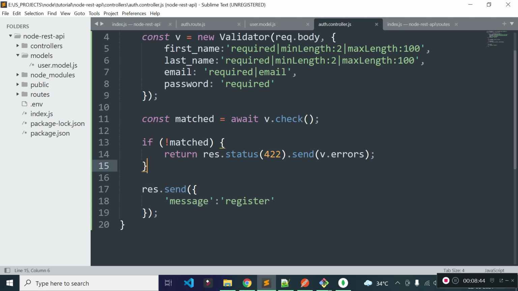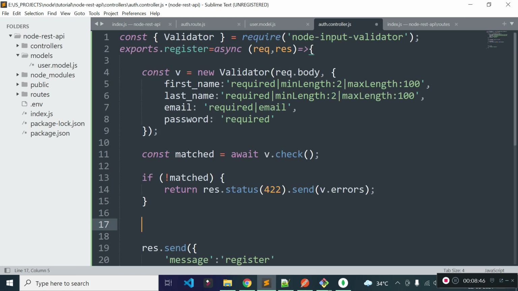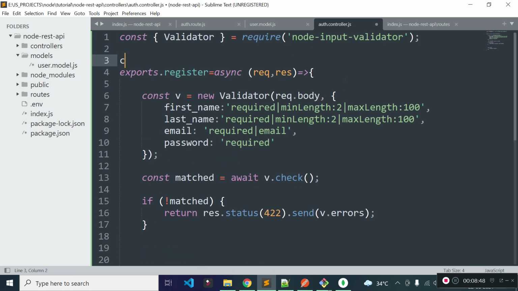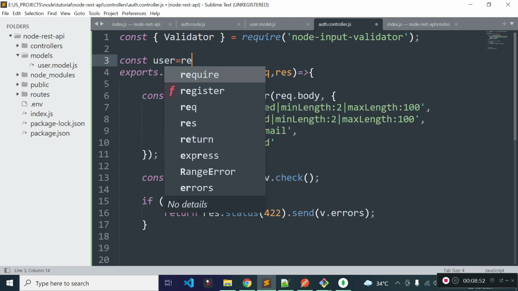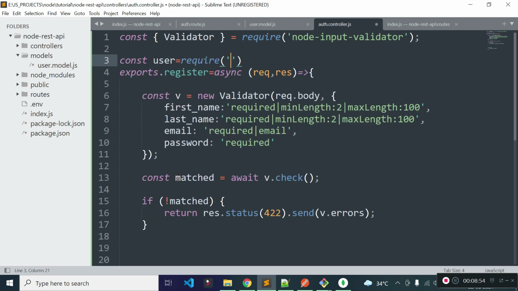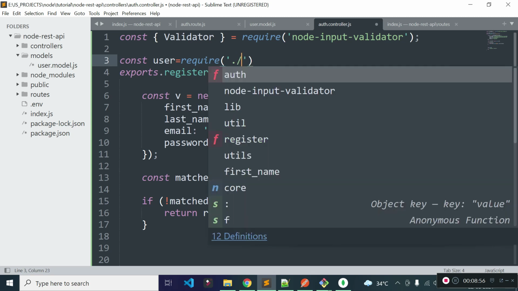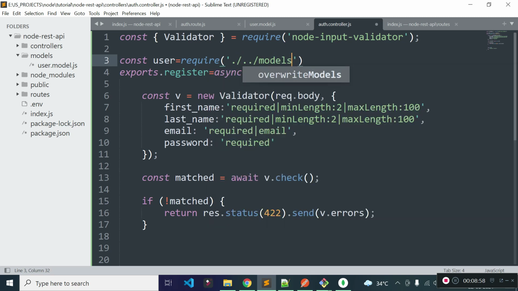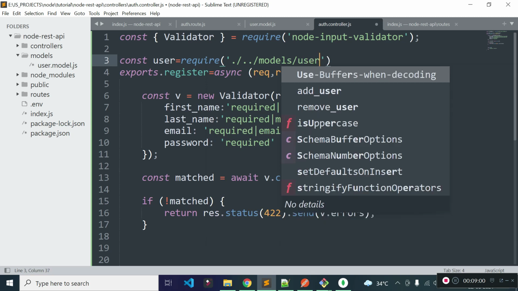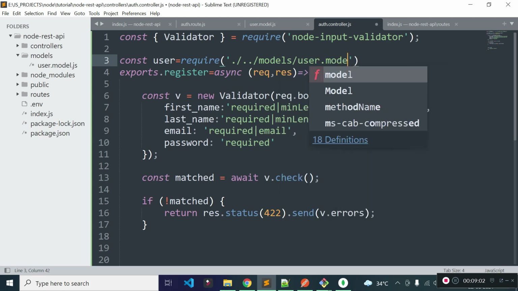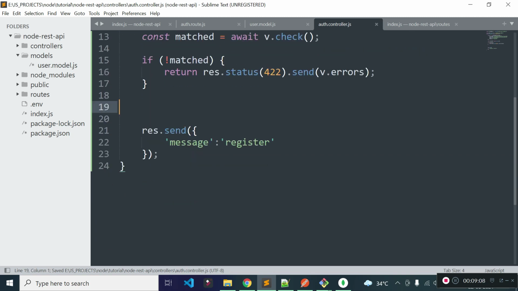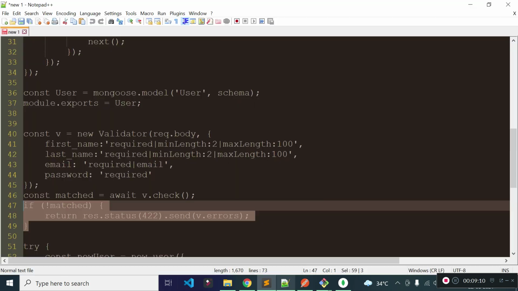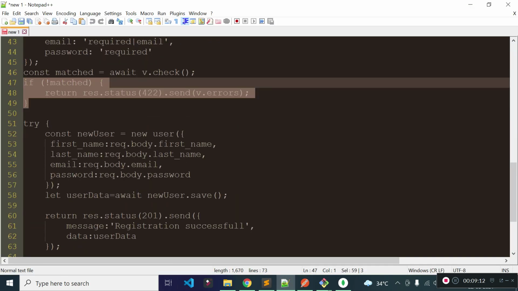So we need to store data to our users collection with the help of user model. First of all, I will import user model here, and our user model is inside our models folder, and the file name is user.model.js. Okay, now I will create a user object. So I prepared some code, so I'll copy the code from here,